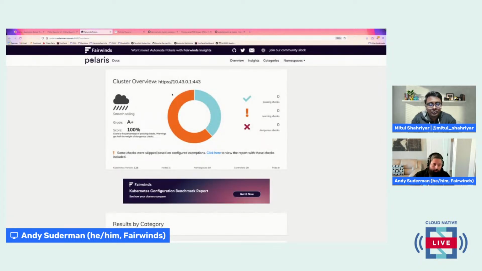And so this is an interesting intersection of policy at scale and all of these open source policy engines. A lot of them reserve multi-cluster functionality for the commercial offering, which makes sense in a lot of ways. And so Fairwinds Insights, I know, does multi-cluster. I believe Nirmata's product does as well.